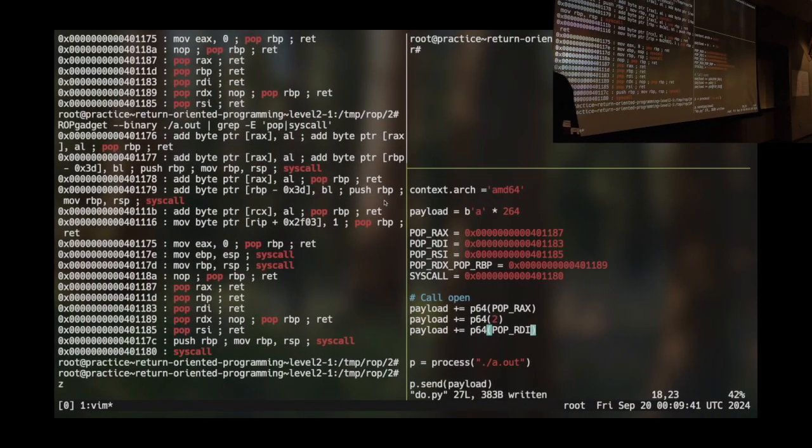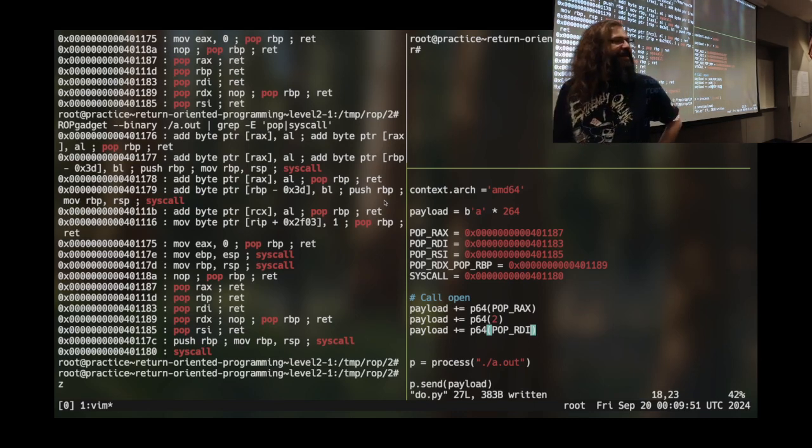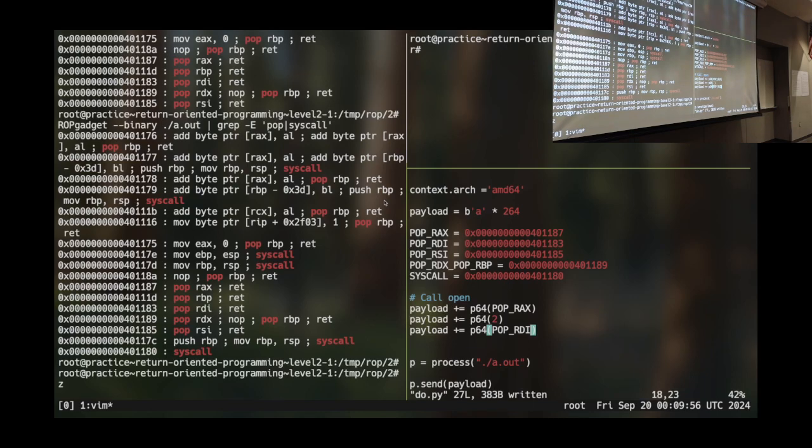Now, there's 2 ways that I could think about this, because this is one of the sub-problems that people are stuck on. I need to get /flag into memory. If you recall shell coding, we had this same problem. I need to get /flag into memory. Did we always get /flag into memory? Or did we realize there was a path of less pain? What was our path of less pain? Symlink magic.